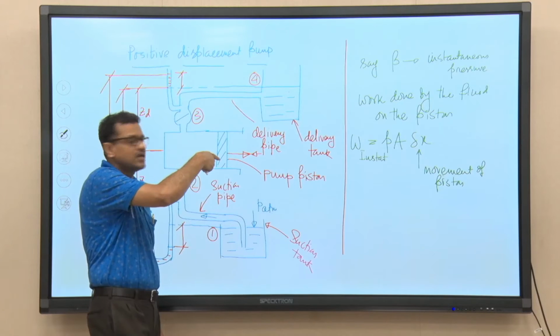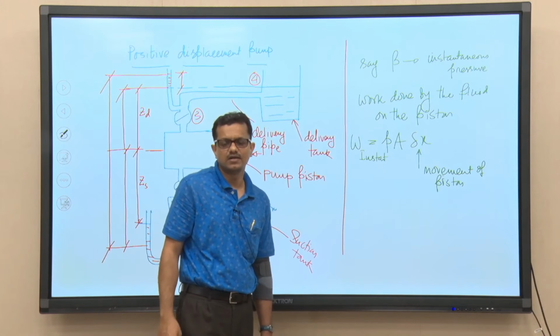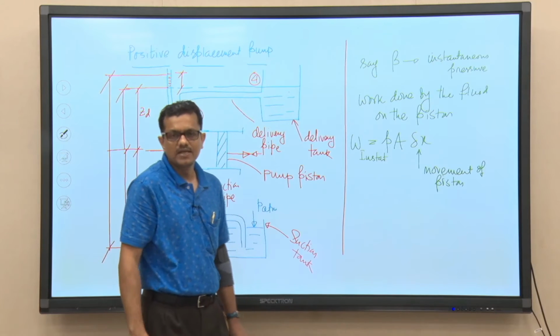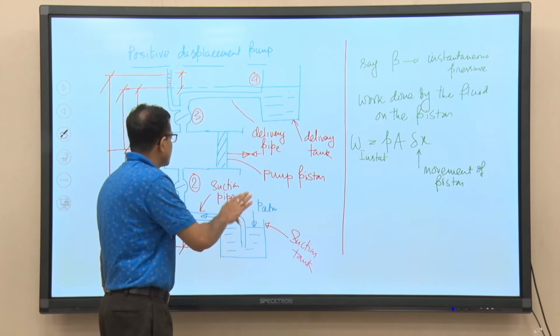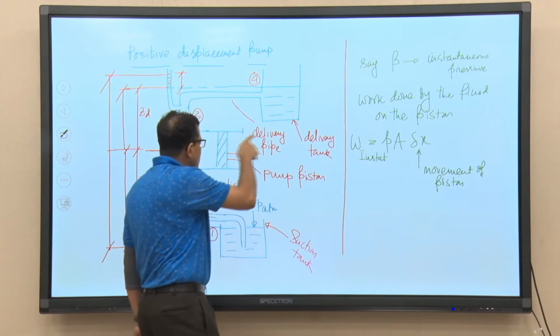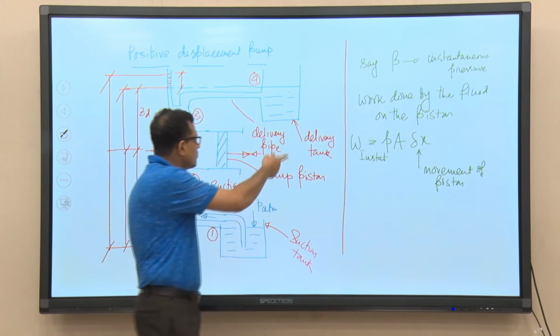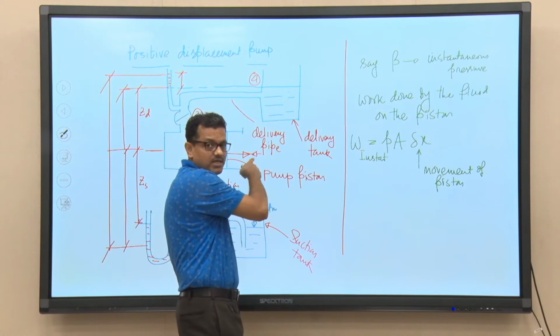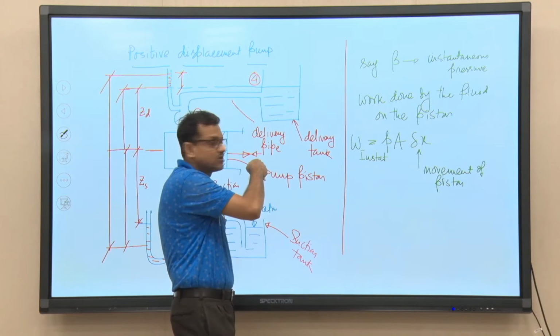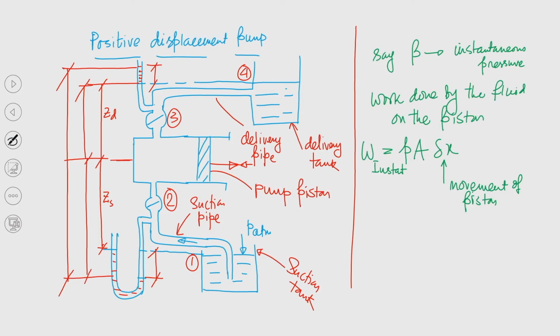But see this is a cyclic process, right, because the piston is operated by a prime mover, and that prime mover may be an internal combustion engine, or it may be an electrically operated motor, but whatever may be the case, we will have spontaneous movement of the piston, that is reciprocating, that is linear, right. So, the rotary motion will be converted to the linear by using this crank and connecting rod mechanism.